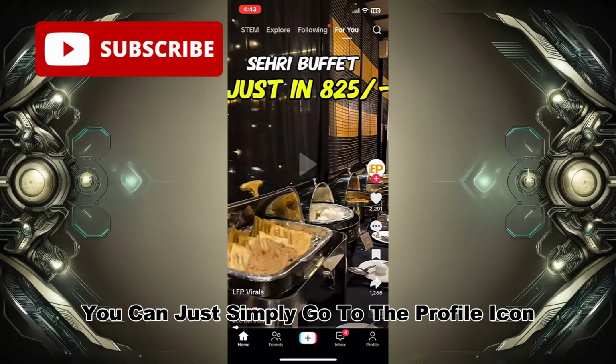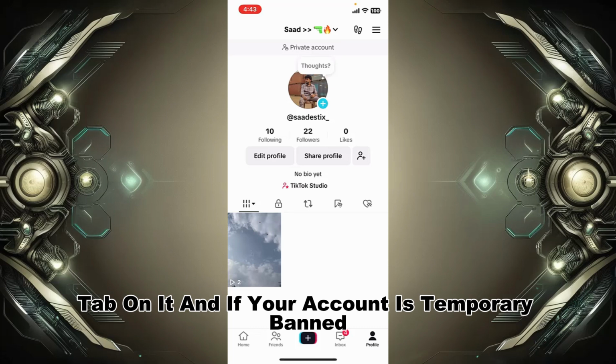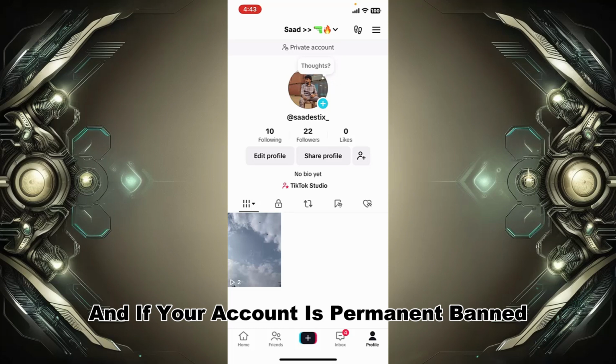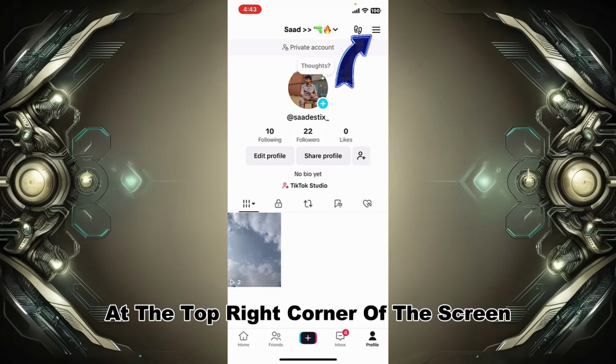After opening the app, simply go to the profile icon at the bottom right corner of the screen and tap on it. If your account is temporarily banned, it is unbanned automatically. If your account is permanently banned, simply go to the three lines at the top right corner of the screen,